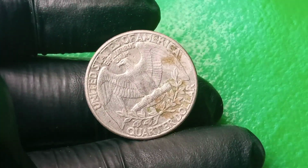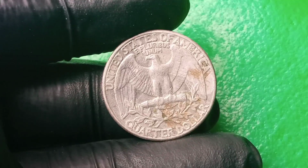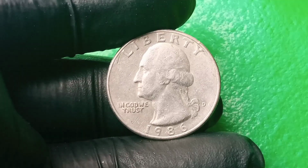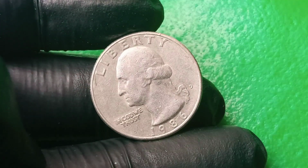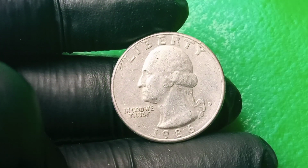And if you've got a coin collection at home, now's the time to look again, to examine those quarters under a magnifier, weigh them on a scale, look for doubling in the lettering, feel for odd edges or clipped sections, because that one strange coin that you've overlooked for years might just be the next multi-million-dollar marvel waiting to be